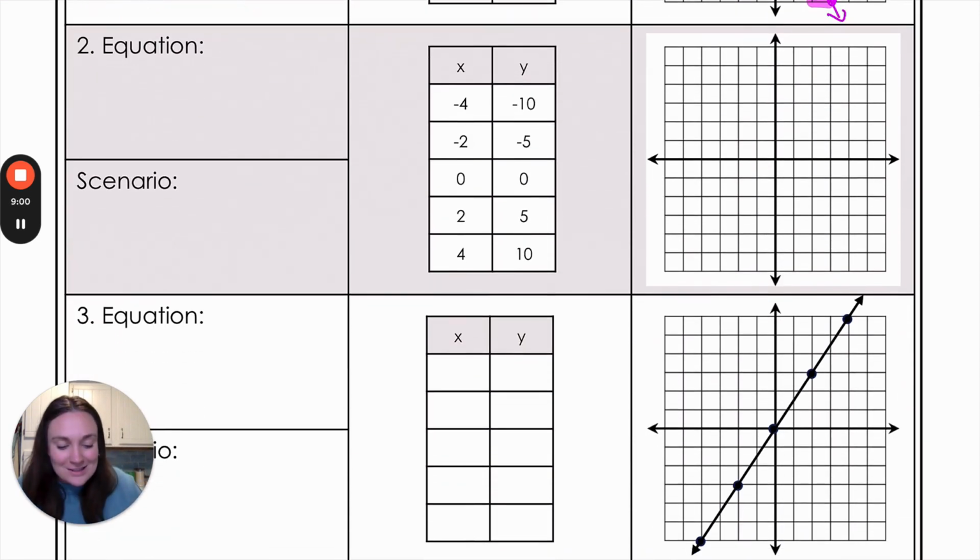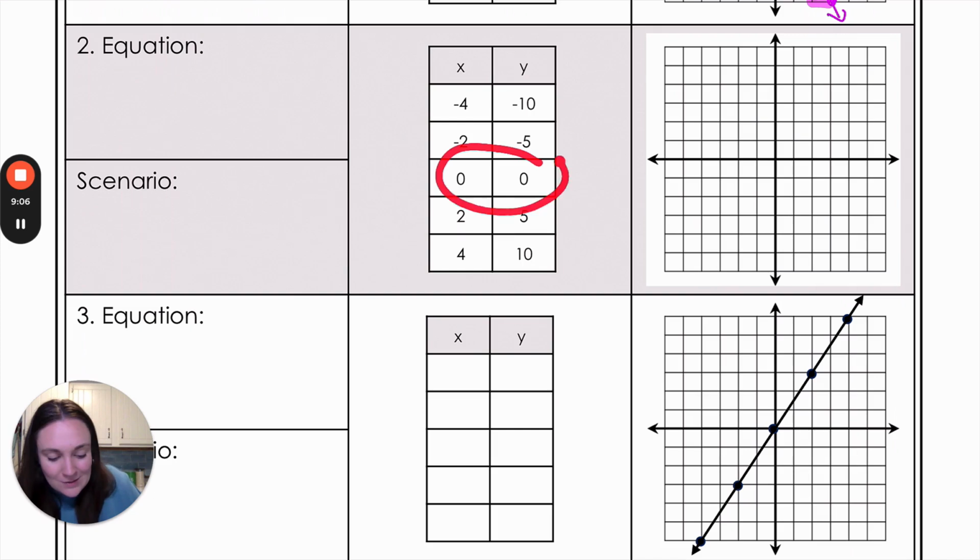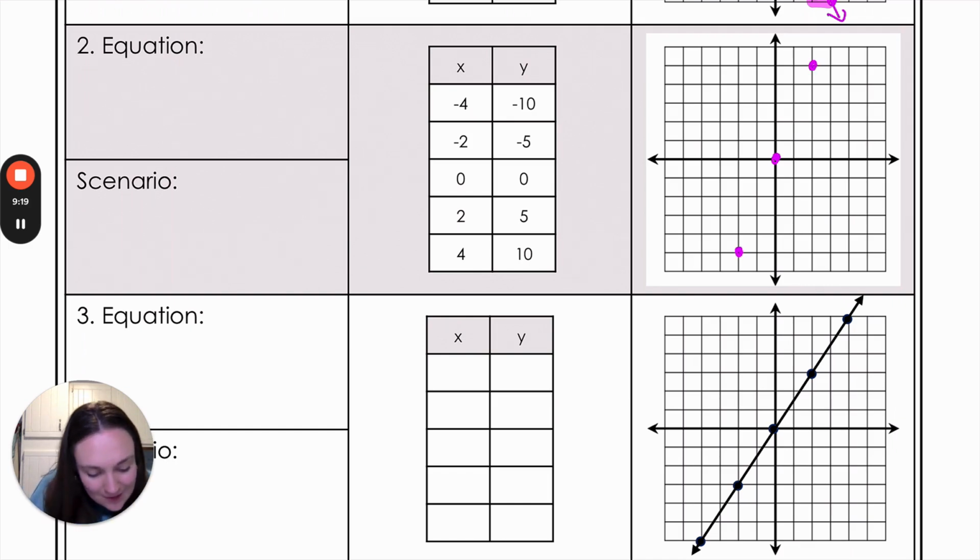So for number 2, this time they gave us a table. So from that table, right, again, we can go and see if we can graph this right away. So I know I've got the point 0, 0. All right, and this time I do have some points I can graph. So I've got negative 2, negative 5, and positive 2, positive 5. So I can see that those make